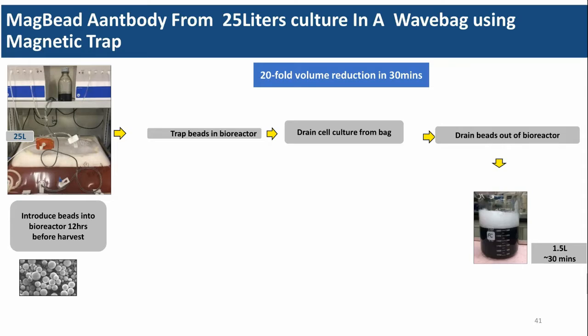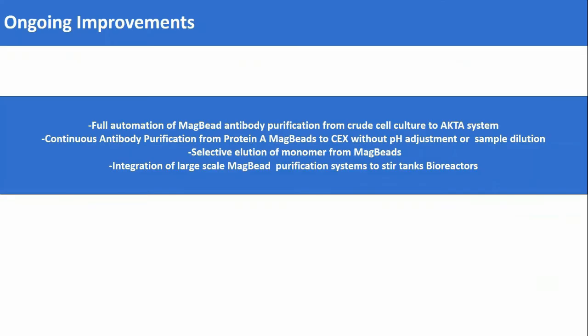After that, the beads are flushed out of the bag. And so you have a reduction in volume in just about 30 minutes. You get rid of the cell culture, get the beads and wash them, and what you have is a pure protein. Okay. So ongoing improvement in this technology involves automation of the magnetic antibody purification system,